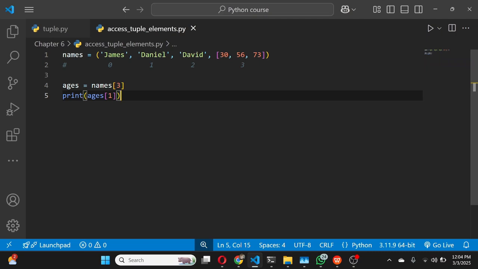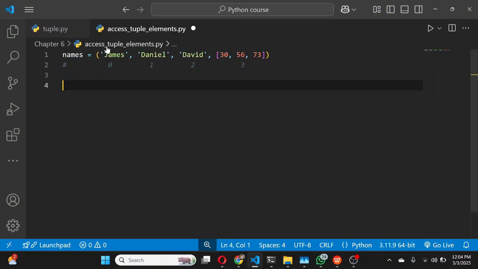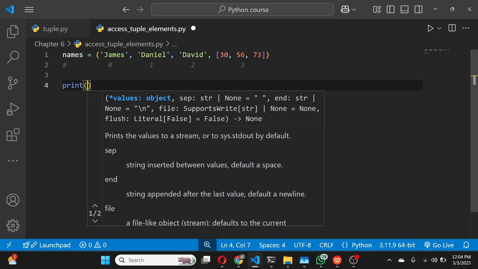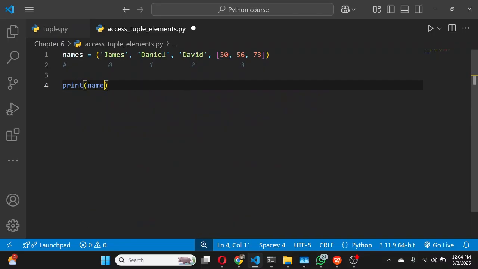All right, so now I'm going to teach you exactly how we can perform slicing, or perform slices, on tuples. It's the exact same process that we use for lists that we use for tuples. So let's say, for example, we only wanted to print out all the names from this tuple and ignore the ages. What I can do is just write a print statement, and in here, I'm going to print